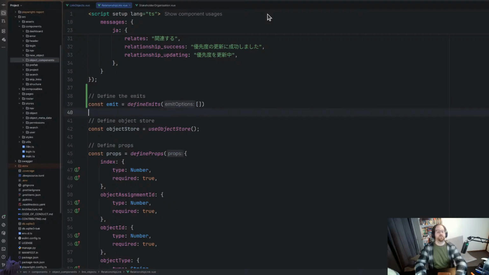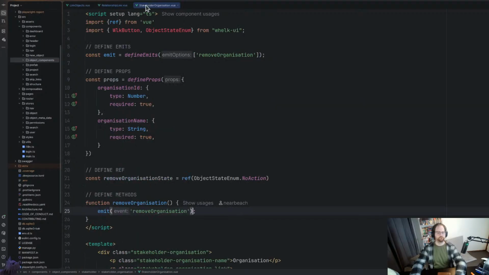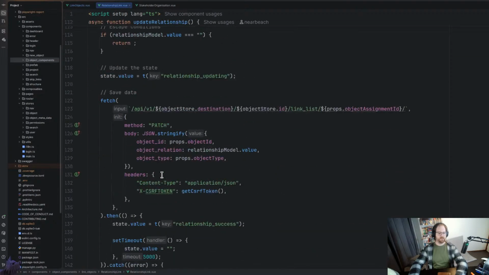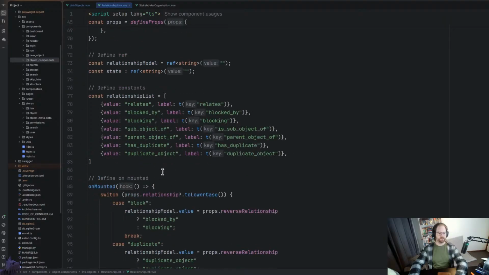What we've got is update relationship. Oh, here we've got it like that. All right. Be consistent. Gotta be consistent. So we've got that defined in here, and the idea is when something changes,